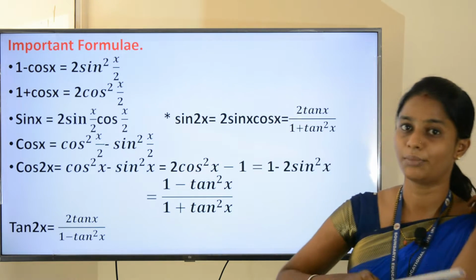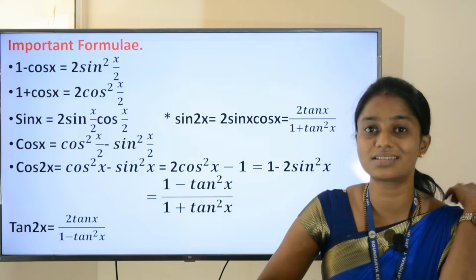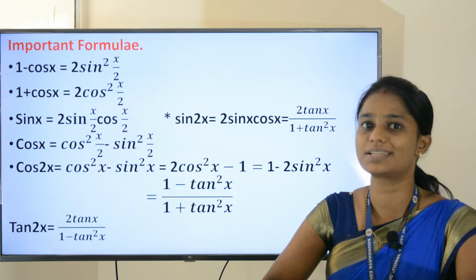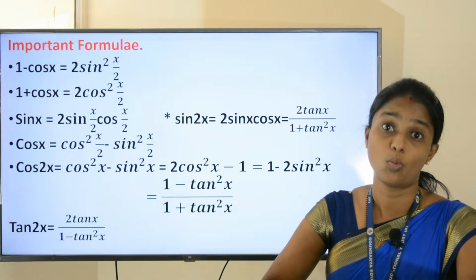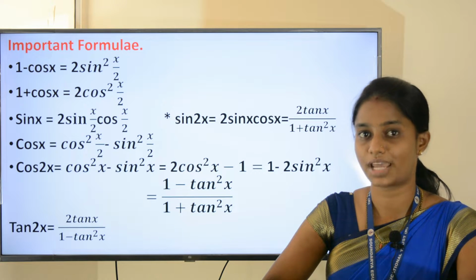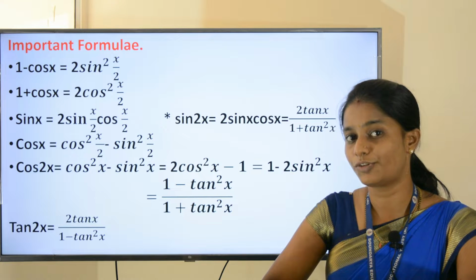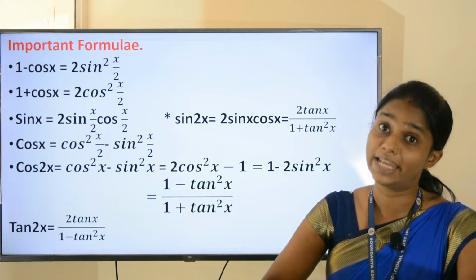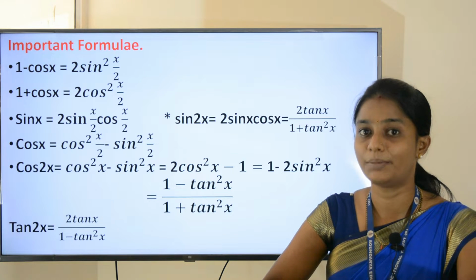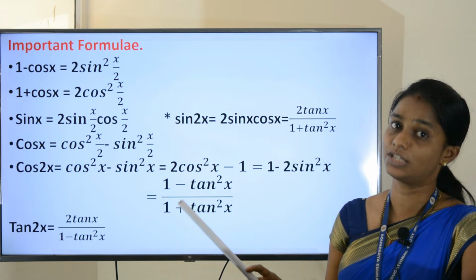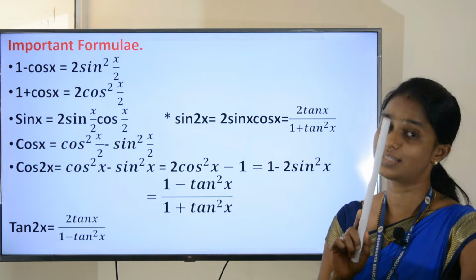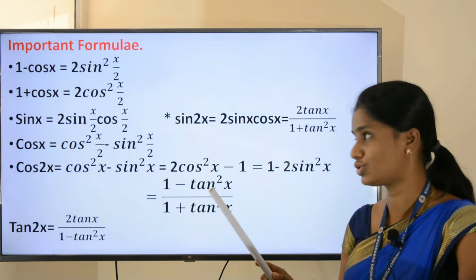So one more thing I am going to remember here, that formula is tan of x plus y is equal to tan x plus tan y divided by 1 minus tan x into tan y. Also, another formula can be written: tan of x minus y is equal to tan x minus tan y divided by 1 plus tan x into tan y. In a problem, students, we have mentioned the first step is proper substitution, isn't it?